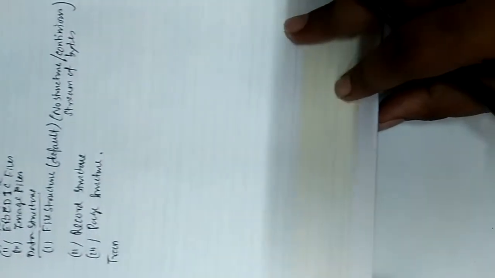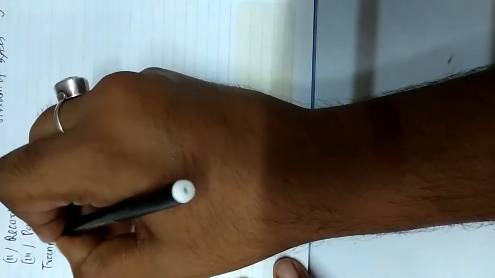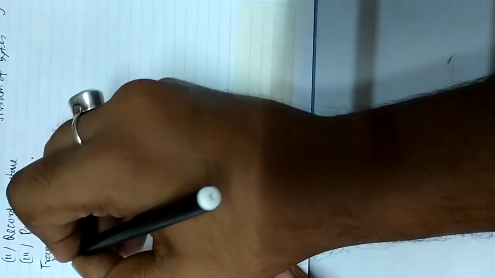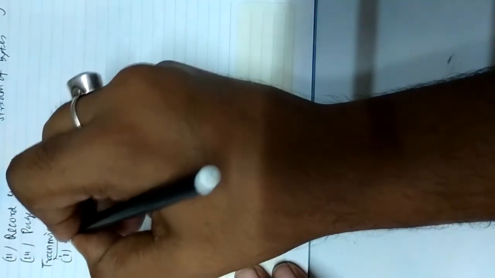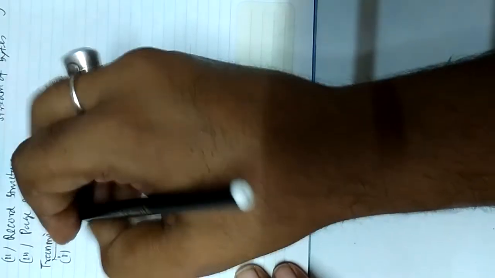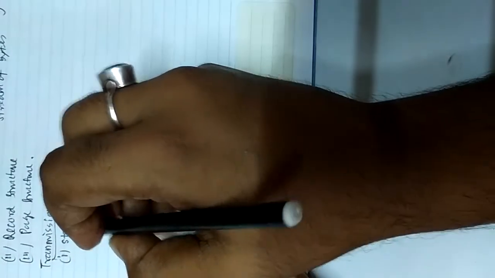Next, after this data structure, we will study the transmission mode, because previously we studied everything else and this is the one thing left. So let us study this. In the case of transmission mode, number 1 is stream mode. It is nothing but a continuous stream of bytes. Okay, this is number 1.